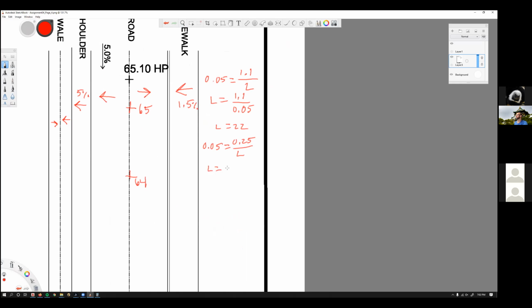So 0.25 divided by 0.05, L equals 5. So we know that the point is moving 5 feet up because